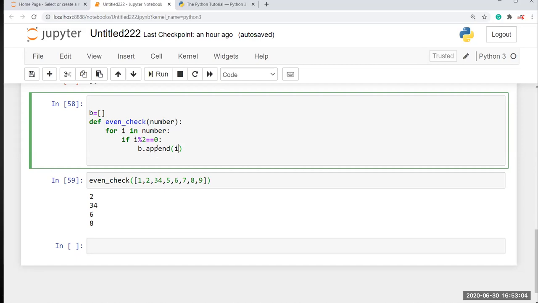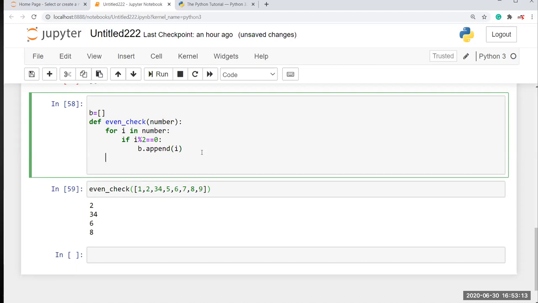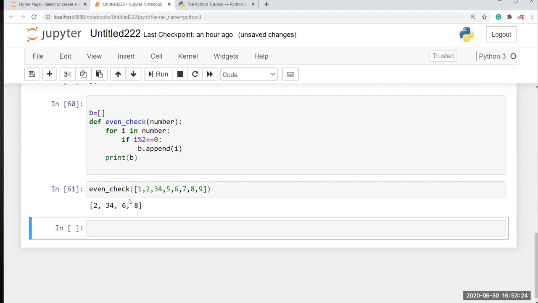In each loop it appends the i value into b. After that I'm going to print outside the loop. That's why I'm getting the entire list, right? So I run this, I check the value. Now I get 2, 4, 6 and 8. Those are even numbers, right?